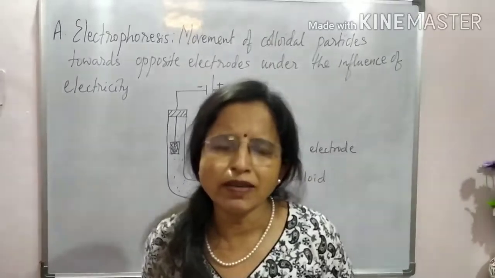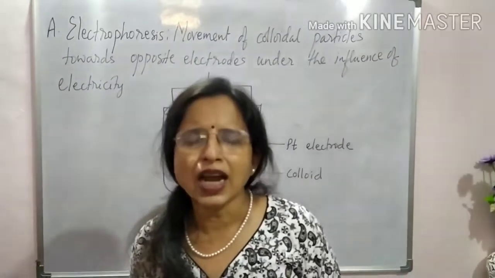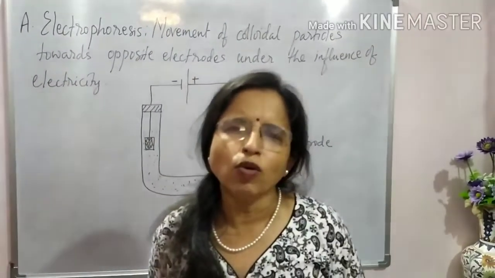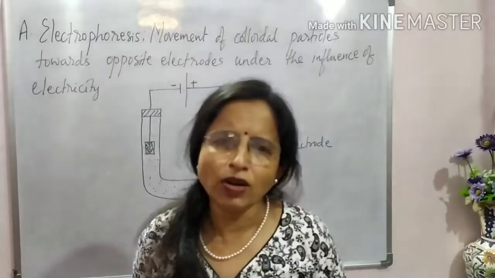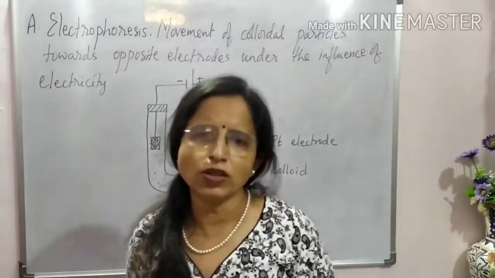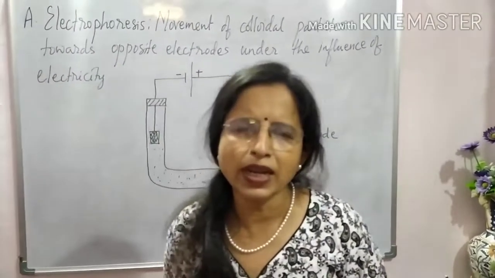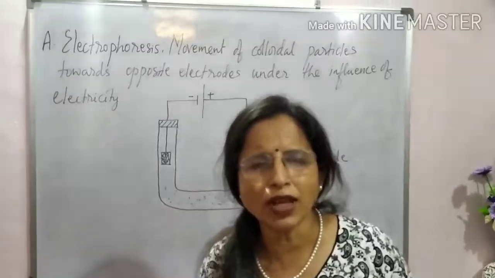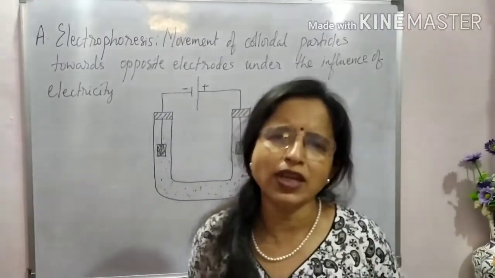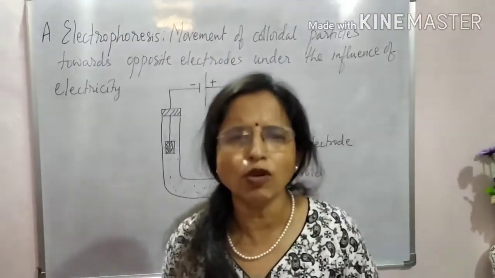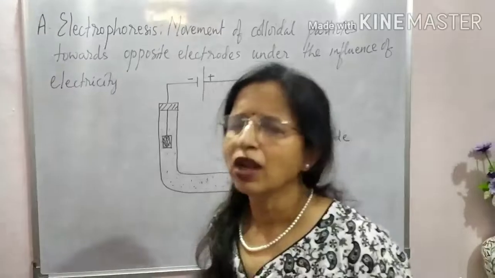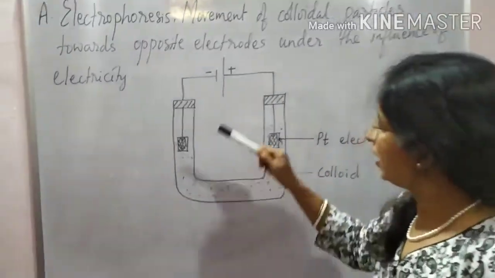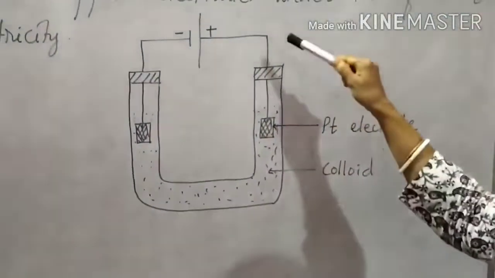जब हम इलेक्ट्रिसिटी पास करेंगे, चार्ज कोलॉइडल पार्टिकल अपोजिट इलेक्ट्रोड की तरफ मूव होना स्टार्ट हो जाता. अगर कोलॉइडल पार्टिकल नेगेटिव है तो पॉजिटिव टर्मिनल में मूव होगा. If it is positive then it will move towards the negative terminal. Which is done by a very simple device. See how it is done.